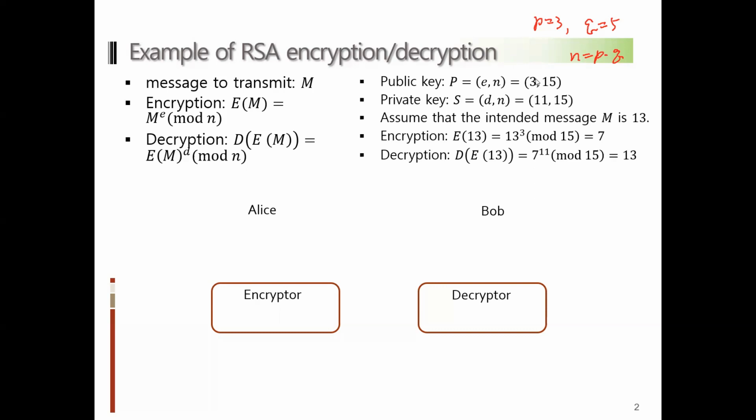That's not the case. This just happened to be 3, and you can choose any other arbitrary value here. Based on the combination of these two values, I will show you later how you can generate the private key. Once you have this pair of public key and private key, you can start